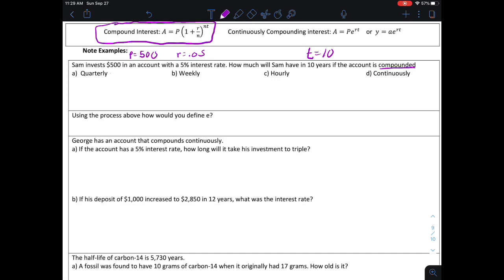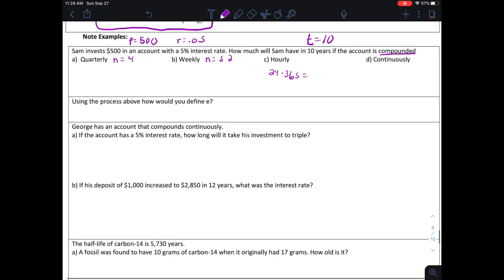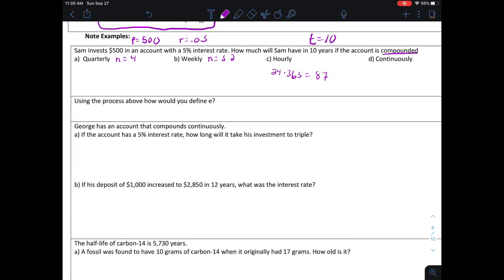So my units of time are in years. If I compound quarterly, how many times does that happen in 1 year? That happens 4 times. Weekly, in 1 year, that'd be 52 times. And then hourly, I need to know how many hours are in a year. There's 24 hours in a day, and there's 365 days in a year, so I'd have to multiply 24 times 365, and that gives us 8760. So N in this case would be